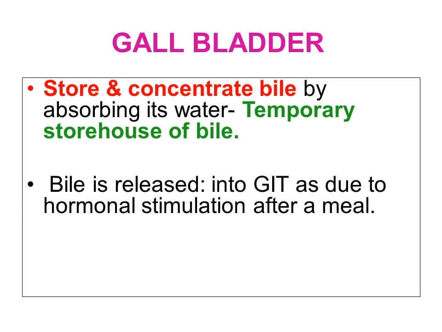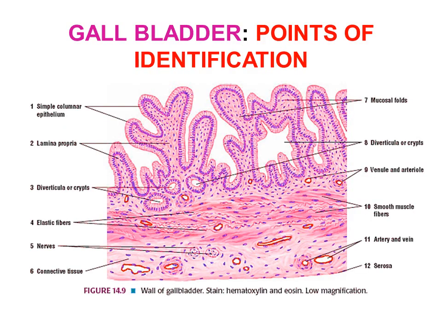If we functionally correlate the gallbladder, it collects, stores, concentrates and thereby releases bile for emulsification of fat. Bile itself is produced by hepatocytes. Now if we discuss the histology of the gallbladder, the wall of the gallbladder is made up of an inner mucous membrane, a middle fibromuscular coat and an outer serous layer that covers the gallbladder.